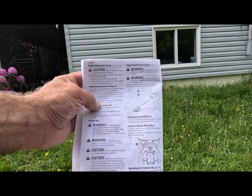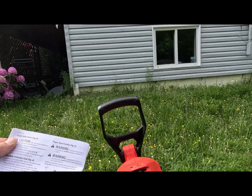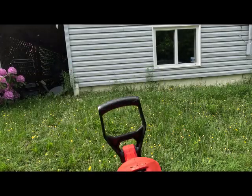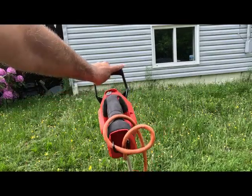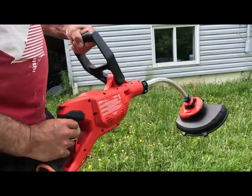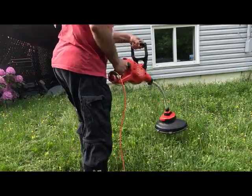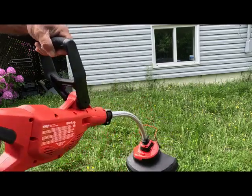Make sure to read over your owner's manual for this device. Lots of good tips on how to actually use it. Things like going left to right, the angle that it's best to use at, that type of thing. At any rate, I have my electrical cord plugged in. As we talked about, trigger. Or if we go over to blower mode, don't really have a lot to blow here, but hopefully you'll see the...